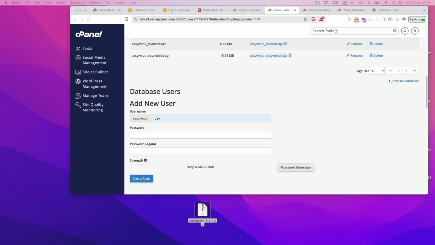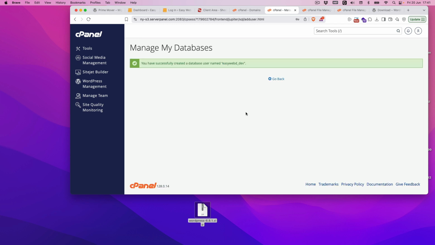And I'm writing on my other screen here just a bunch of numbers and letters. So here is the password. I got 100% strong here, and then create user. I have now made the user dev,